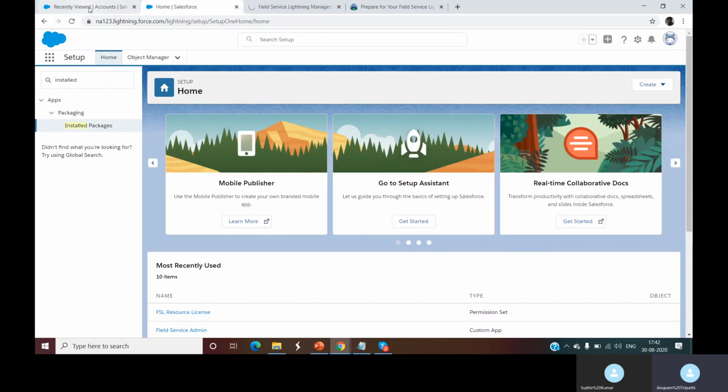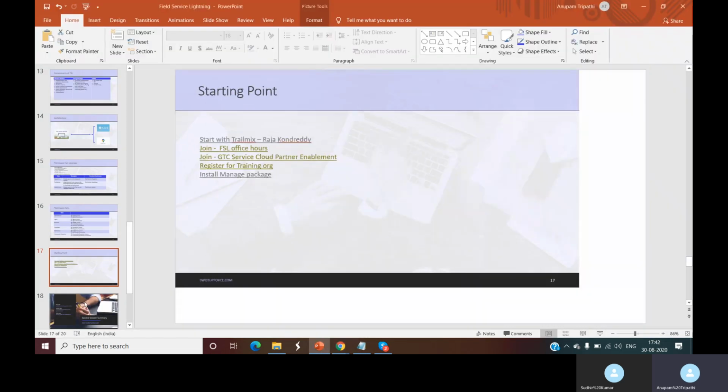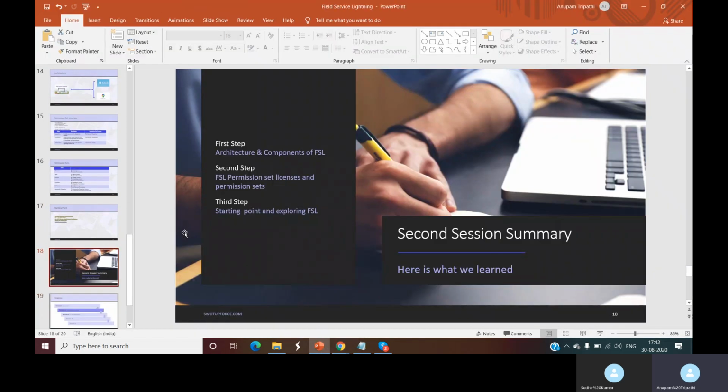I think Salesforce is not working as expected today. So let's keep it for the next time, and we'll do this next time. From here, maybe we can conclude this session and do a recap of what we have learned in this second session, where we understood the architecture and components.